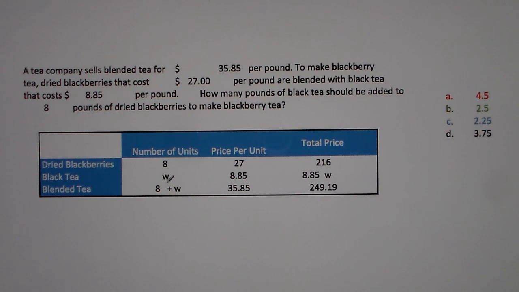So now, W times 8.85, that's going to be the total price if we multiply those two together. 8 plus W gets a total price of $35.85 for a total price of $249.19. So what we need to do, we know that 8.85 times W plus the 216